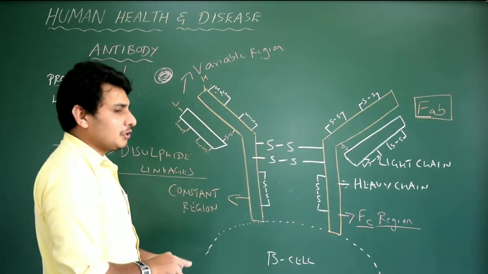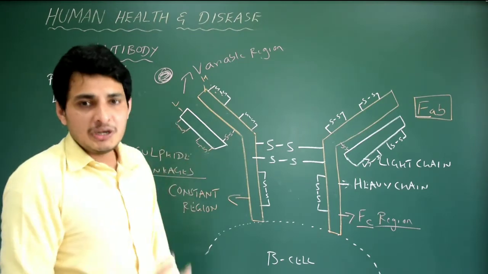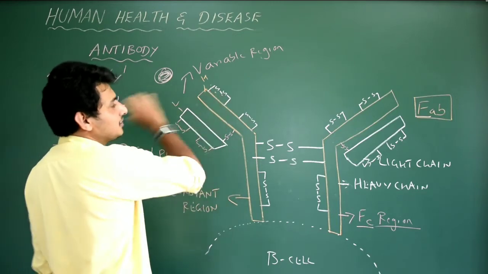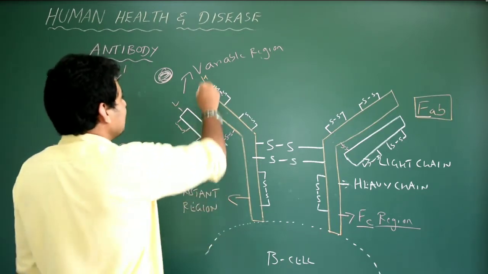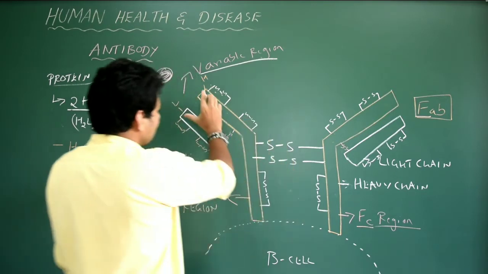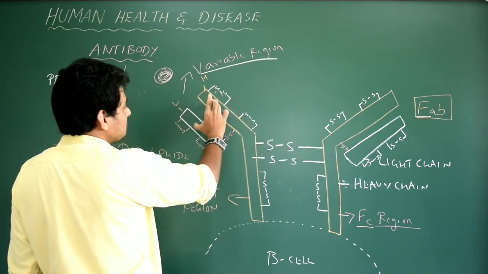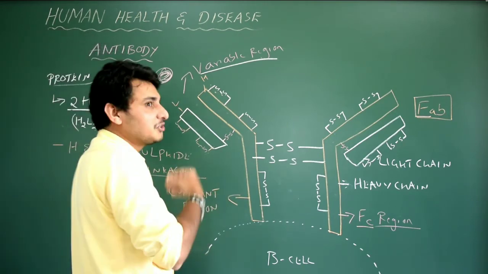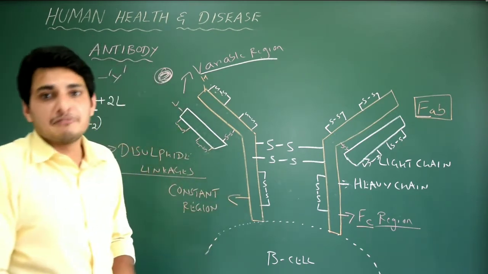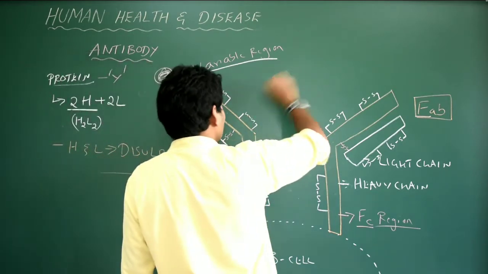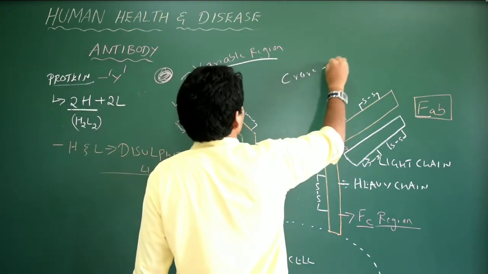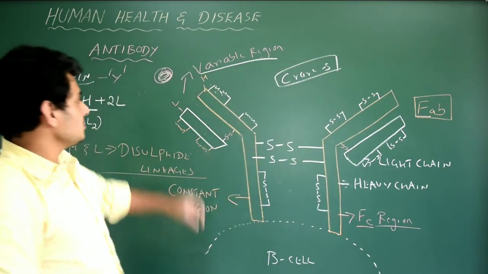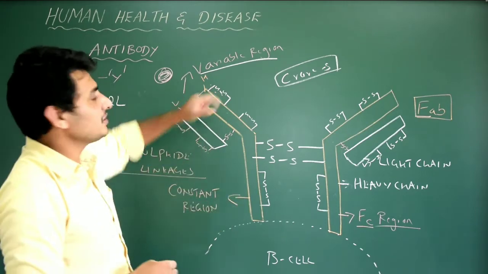Why does it differ? Because the variation in the immunity or immune response is mainly restricted to this particular region, that is called the variable region. That's the name variable, that means whatever the sequences present here in this polypeptide chain of the antibody normally vary, from person to person. So it makes them diverse. Within one human being you will see crores of antibodies, and within those crores of antibodies again you see the variation in this variable region.